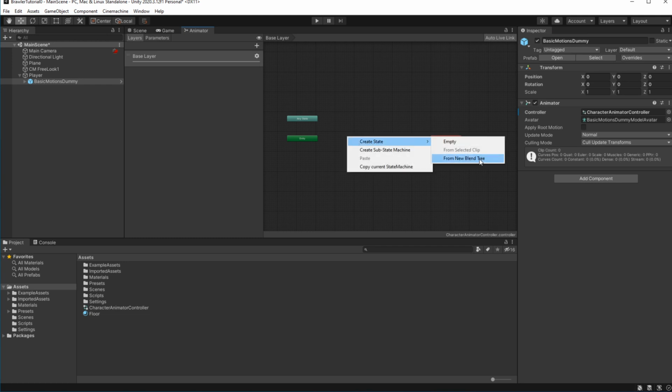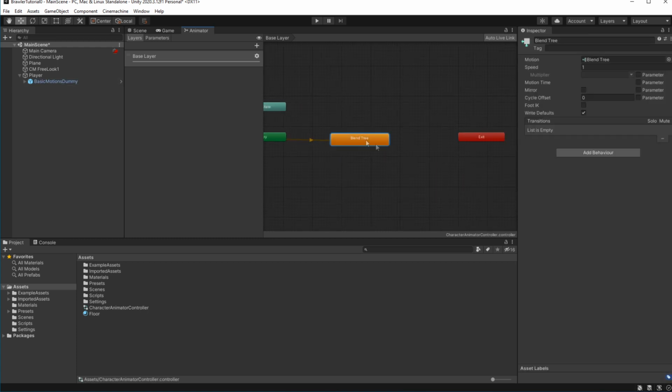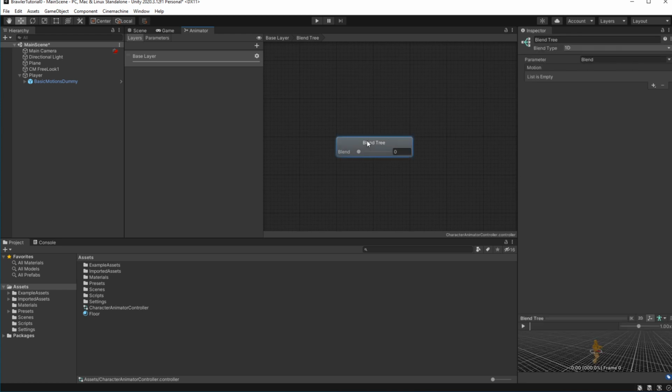Then create a blend tree for our movement, and assign 3 animations to the blend tree. Blend tree allows us to blend between animations based on the parameters of the animator.